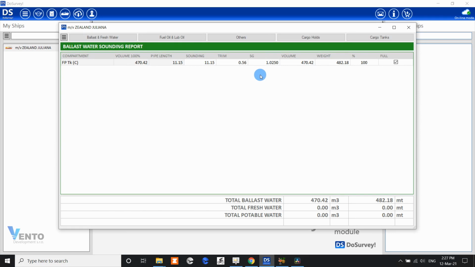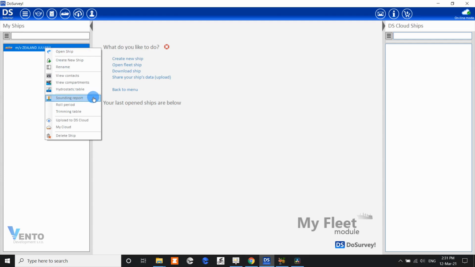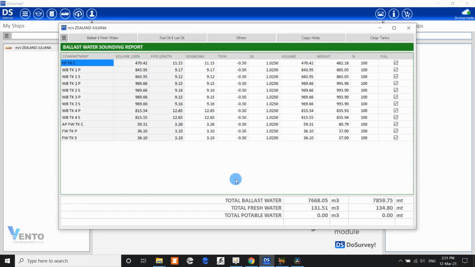In order to create the next compartments and assign to each compartment the sounding table, you have to follow the same procedure as was done with our forpic tank. At the moment I will close the ballast water sounding report and will import all other compartments and its sounding tables. Let's have a look on our comprehensive sounding table for a Zealand Juliana. Right click the ship, open the sounding report, and as you can see on the list are already all ballast